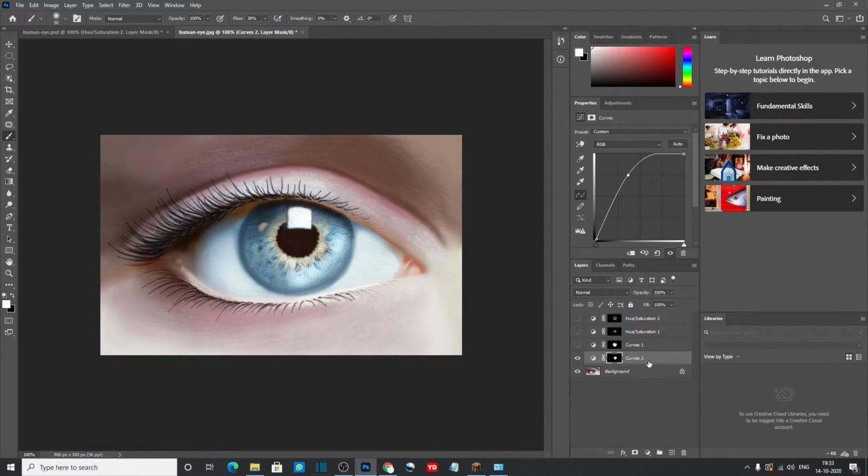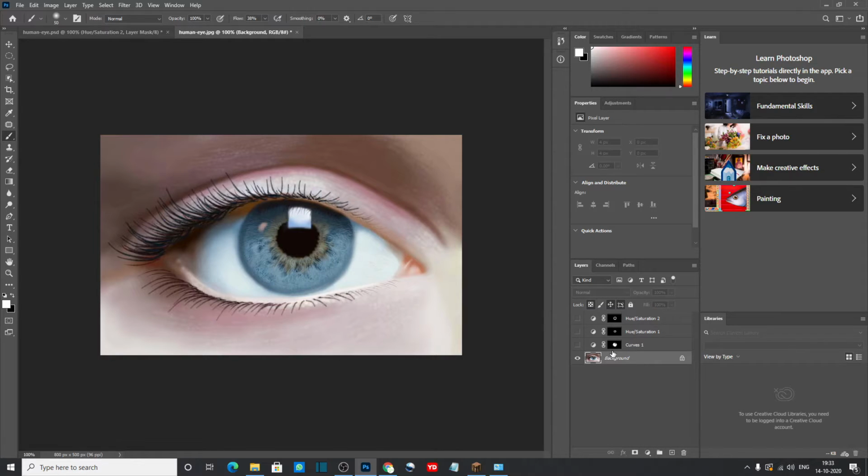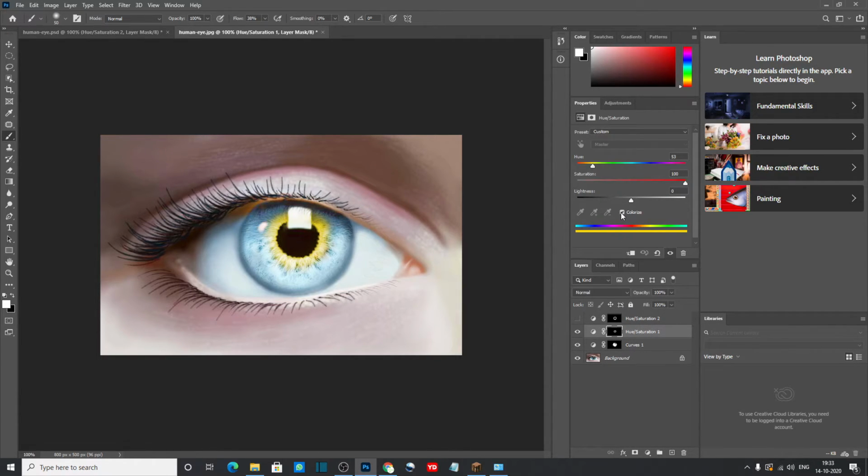Now after doing this, I'll just delete this. After doing that, we have brightened the colored eye. After that, we had done the hue saturation layer. Now it is similarly the same, just what did we do? Checked colorize, took it to the full saturation, select what color you want, Control or Command I, which is our black paper,